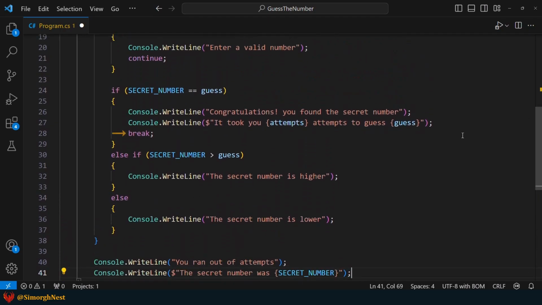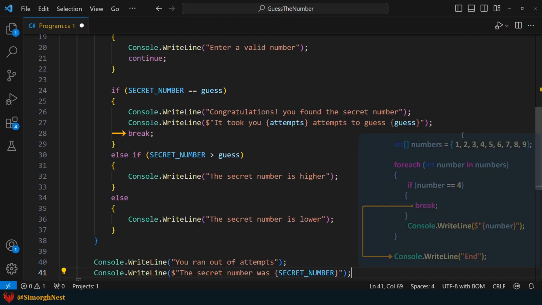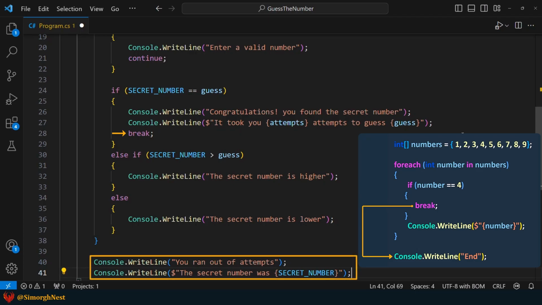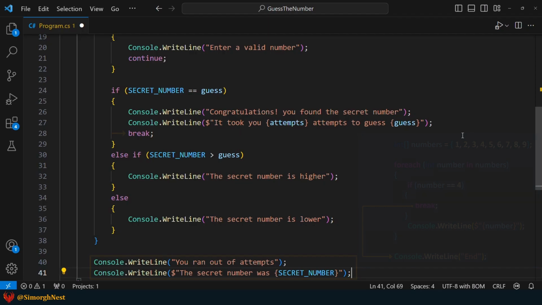Okay, in this statement, after we correctly guessed the secret number, the break statement terminates the while loop, and the application continues and displays this message. To avoid that and terminate the application immediately after correctly guessing the secret number, let's utilize the return statement.